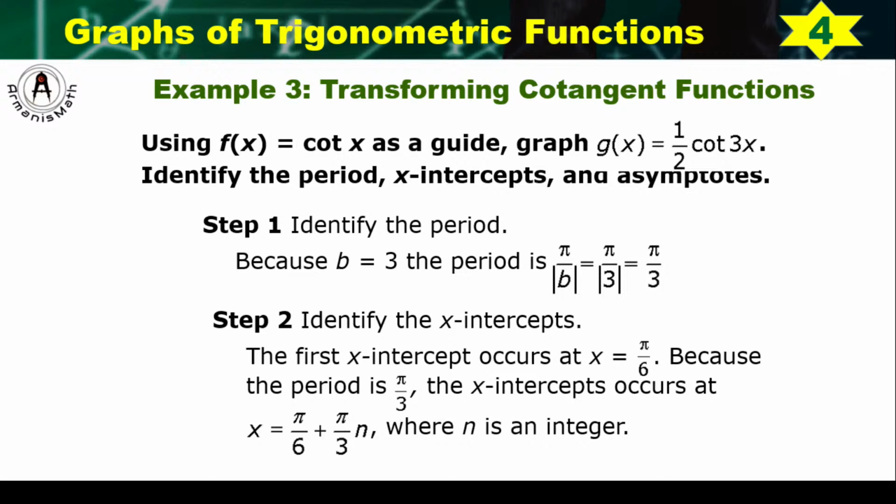I did have a comment here saying use Desmos, so we will probably quickly take a look at that, unless you guys want to do it on your own. I would just graph this simple g of x. I would actually put both of them. Put cotangent x and then also 1/2 cotangent 3x. Obviously there's a graph here I want to show you, but